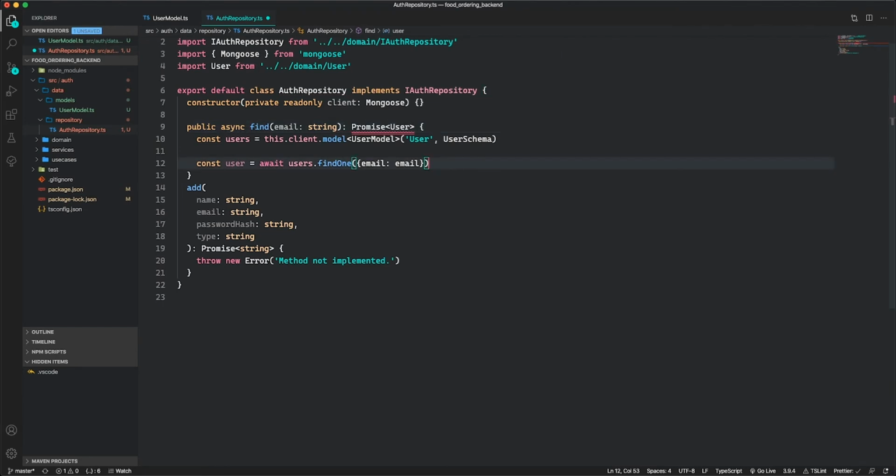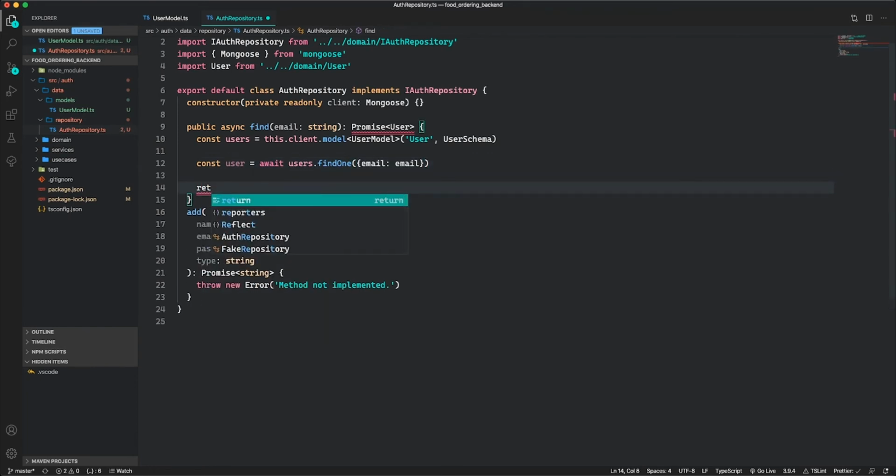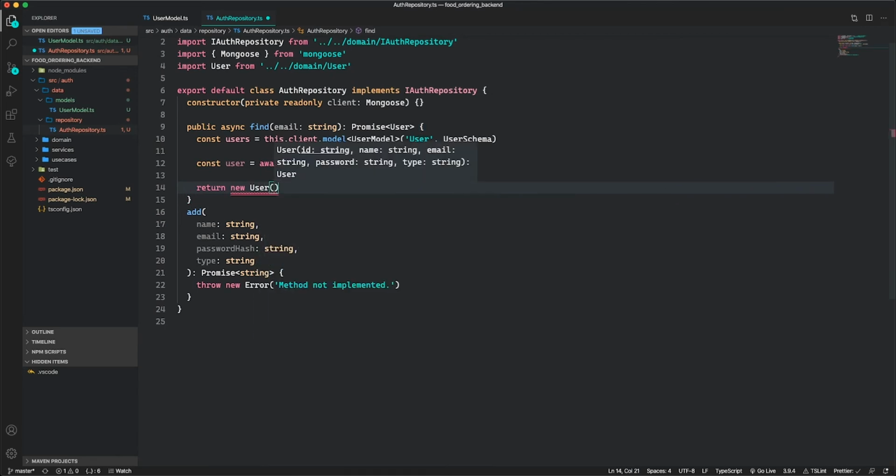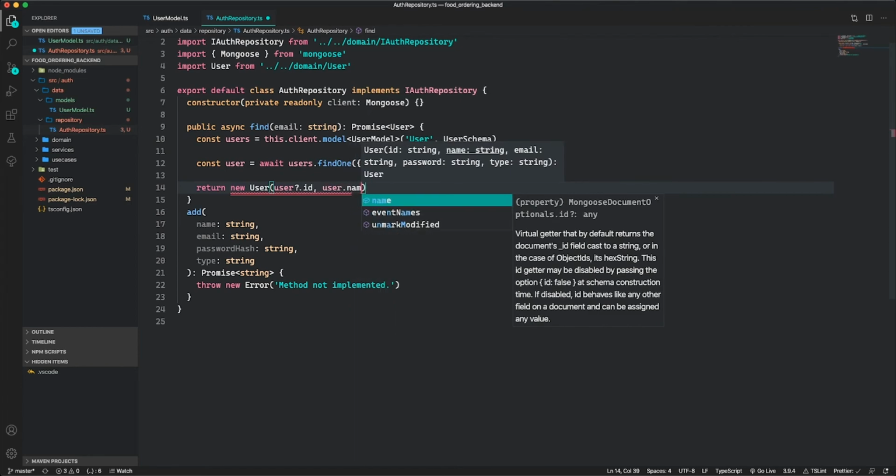And then now I can return, after I've found the user, I can return a new user. So now this is the domain user that we're returning, and we're creating a new domain user from the model information that is returned from the database. So domain user, and so ID will be user ID, and you have name, which is user name,